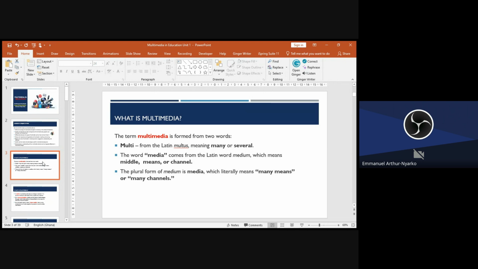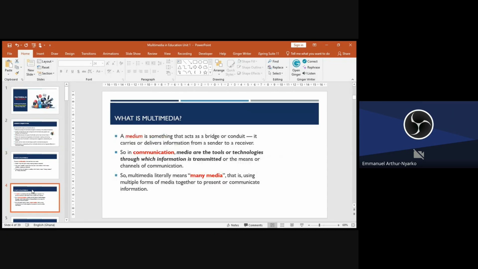We'll go further to look at what actually goes into multimedia. A medium is something that acts as a bridge, as the name suggests. Once something is acting as a medium, then in a way it's acting as a bridge between two or more things.